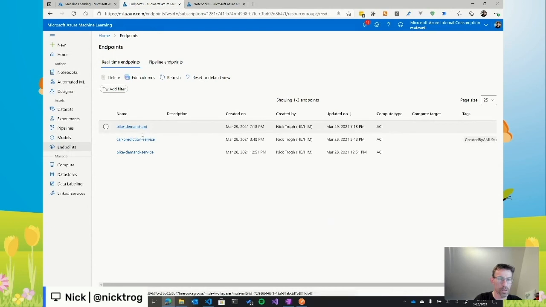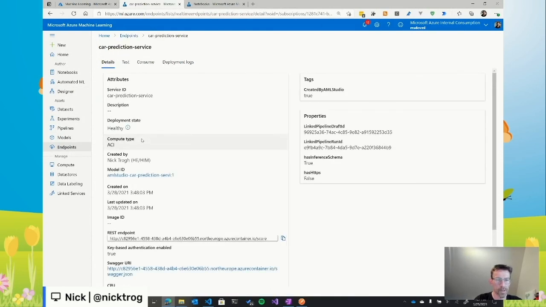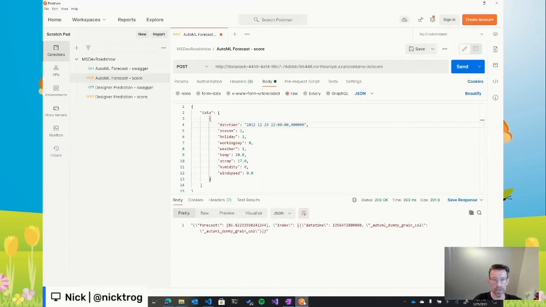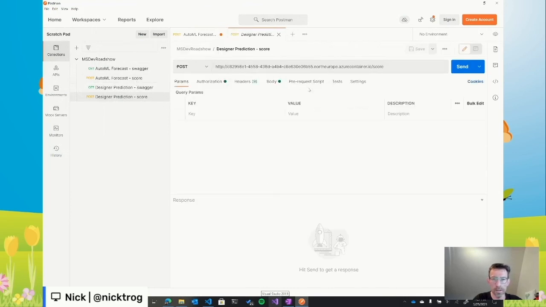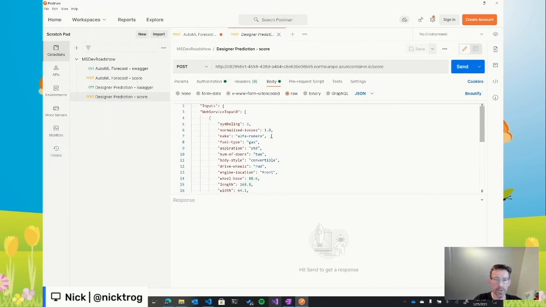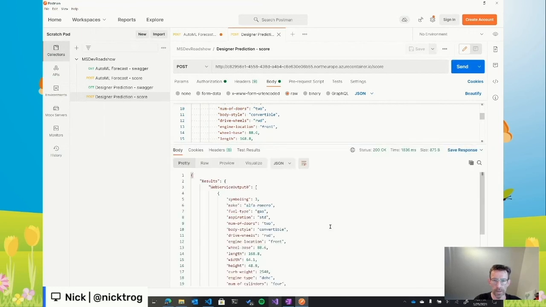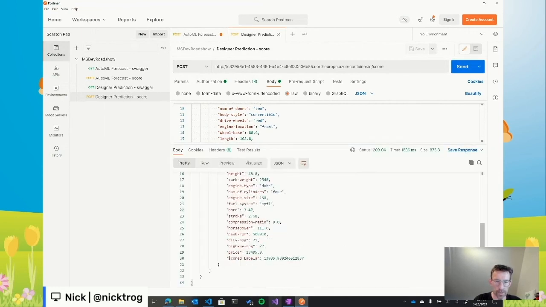Yeah, so we have our car prediction service, which again will get an endpoint. In my specific case, again, it's going to be deployed on Azure Container Instance. So we can go here to Postman and again do our car prediction. In this specific case, we're doing car price prediction. So we give the brand, the fuel type, is it four-wheel drive, etc., etc. And when we run this one, it will give us an output,